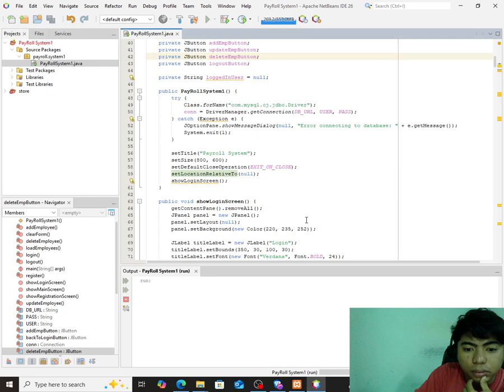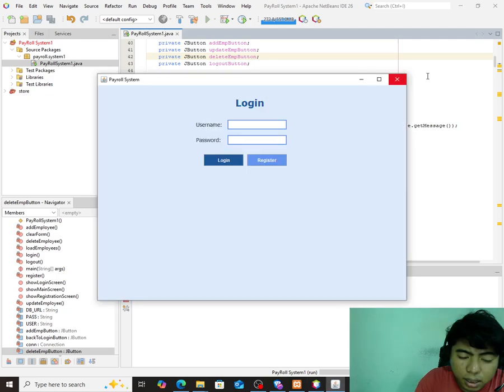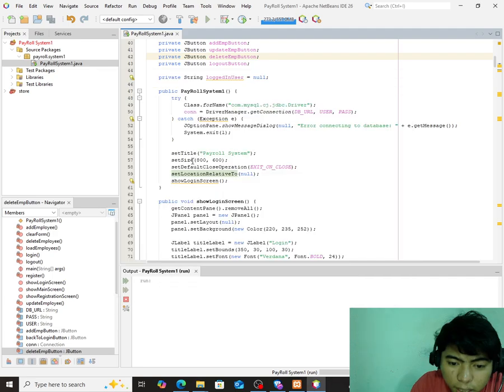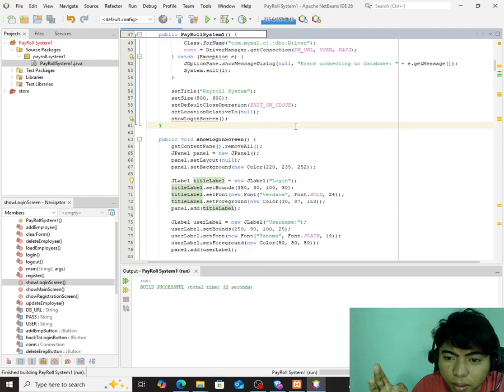This one is the payroll system. It shows here. That's the use of the set title. And the set size and its close operation, and it shows the login screen. It's like I showed you, there is a login button there. So before we get to that line, let me introduce you to the next